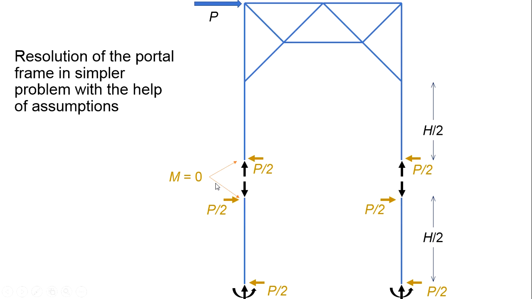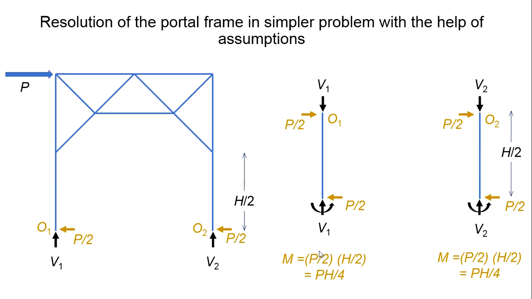Similarly, as we have mentioned that this is a point of contraflexure, the bending moment at these points will be 0, and the only unknown force at this place is a vertical internal force. That vertical internal force will be equal to the vertical reaction, which will be here. The next step will be to start solving this. Here we can see that we have divided this structure into two substructures. In the left one we have the upper part, and for the upper part we can see that only V1 and V2 are unknown, while internal forces are also unknown.